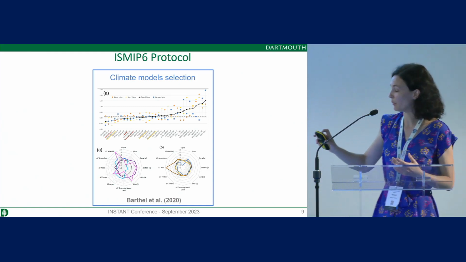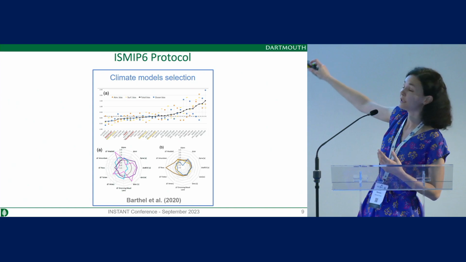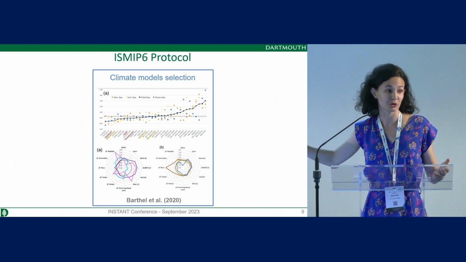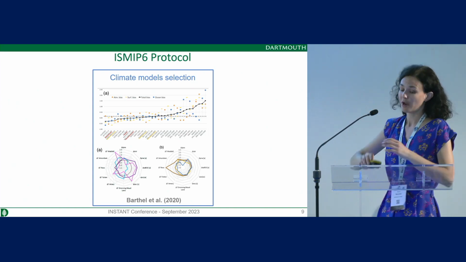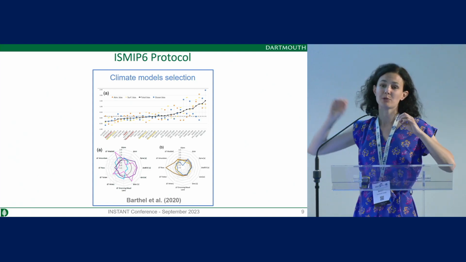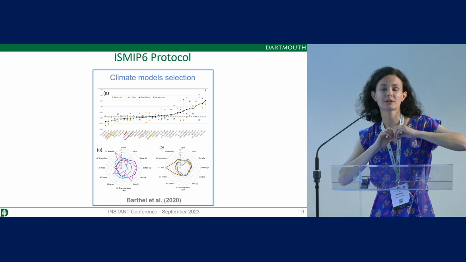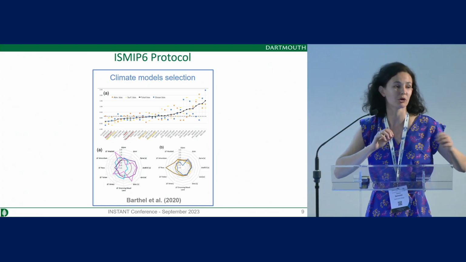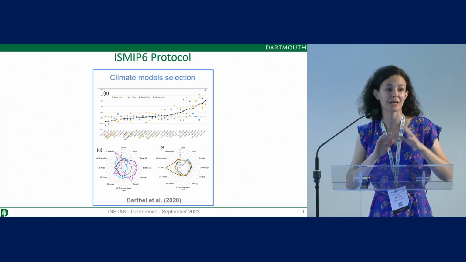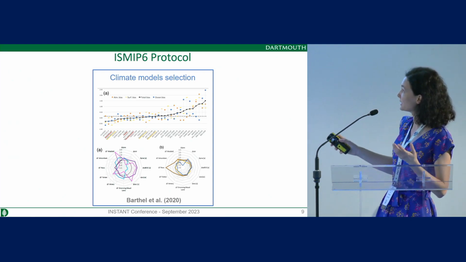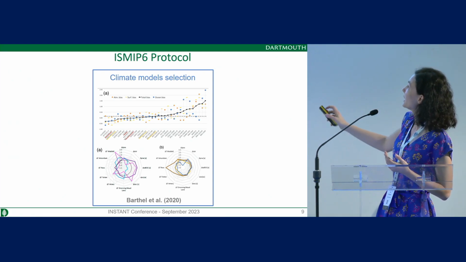So we selected climate models based on their ability to capture present-day conditions close to Antarctica, as well as how they would evolve over time. We didn't want models that were just simulating lots of warming or limited warming. We wanted a range of climate models that had different behaviors. And so we selected 6 climate models, and